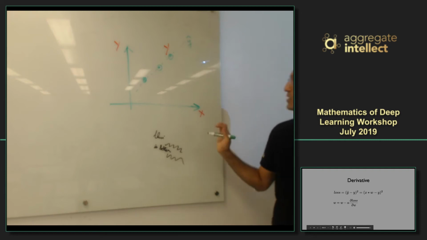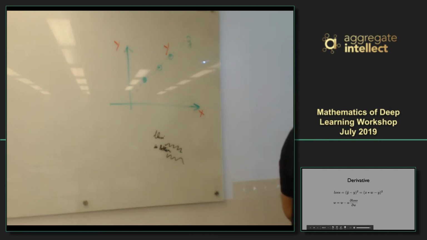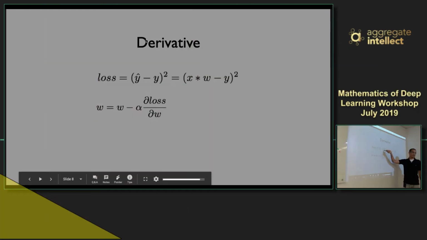All right, which means I can define my loss function to be. Can you see this? All right, so I define my loss function to be y hat minus y